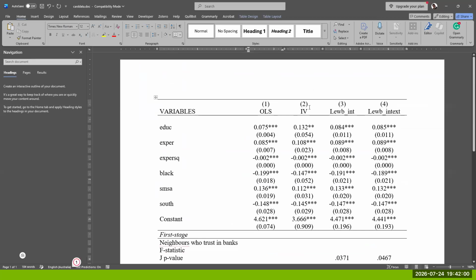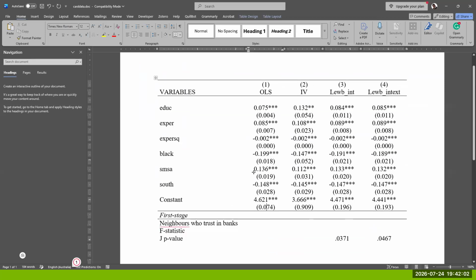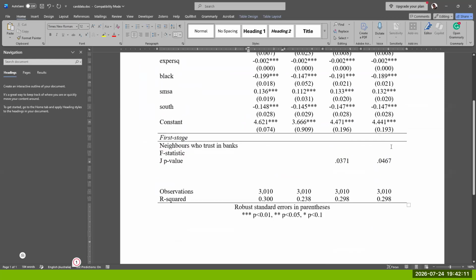So it pulls it for me here. So we've got the OLS, we've got the IV, we've got the Lubel internal instruments only, we've got Lubel internal and external, and then